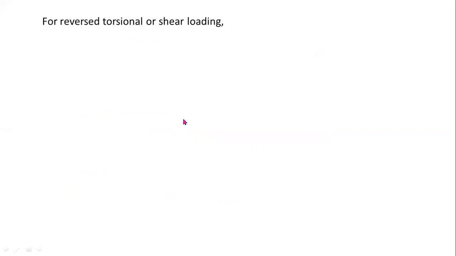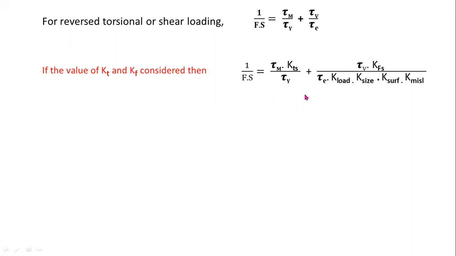In a similar way, for reversed torsional or shear loads, from the Soderberg equation, 1 by Fs equals tau m by tau y plus tau v by tau e. And this is another equation when we are considering KT and KF values. Now multiplying throughout by tau y, then we get